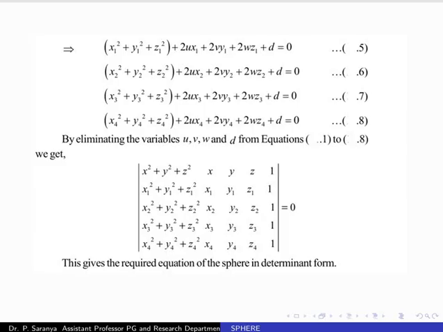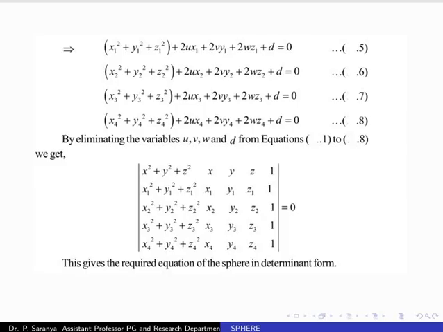x3 square plus y3 square plus z3 square plus 2ux3 plus 2vy3 plus 2wz3 plus d equal to 0, which is equation number 7. x4 square plus y4 square plus z4 square plus 2ux4 plus 2vy4 plus 2wz4 plus d equal to 0, which is equation number 8. By eliminating the variables u, v, w and d from equations 4 to 8, we get